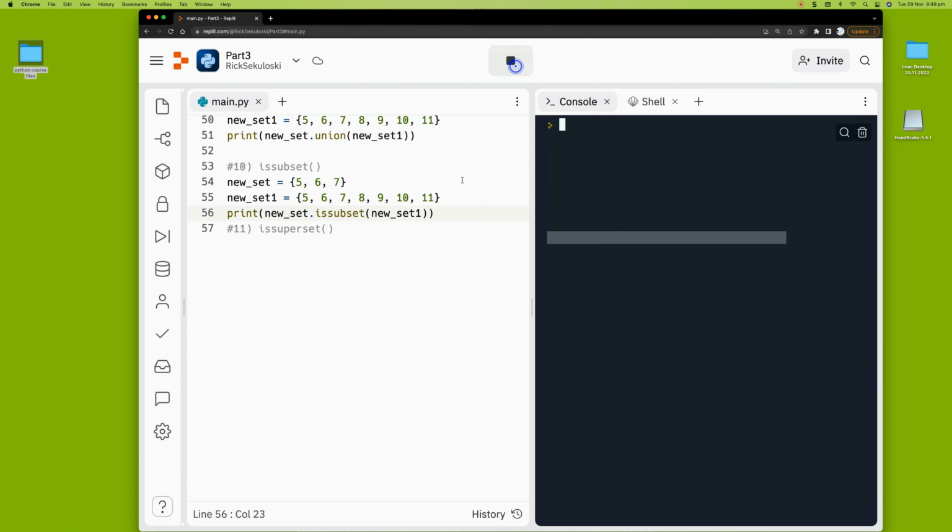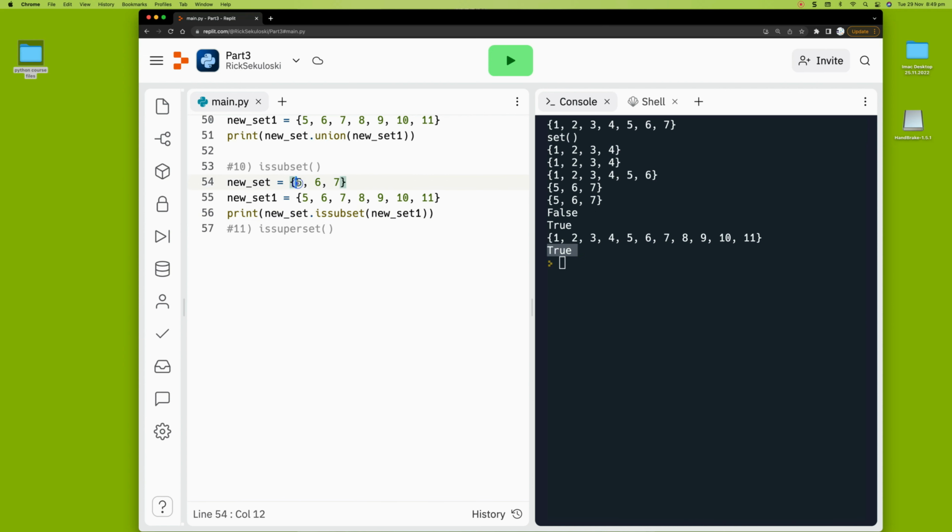Now, what do you think it will return? It will return true because I forced it to be true. It returns true because all of the items in the first set are in the second set,